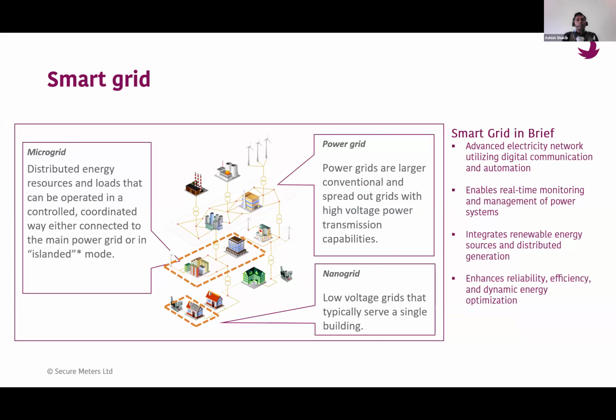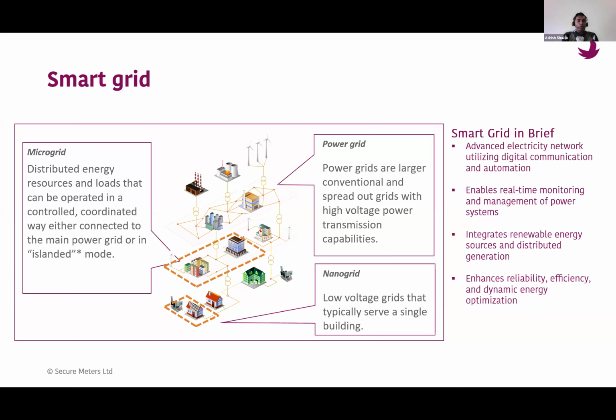A microgrid is like an energy community, or an industrial premises, where within my premises I am managing my energy resources. I can have battery storage, I can have solar rooftops, I can have my own DG set generation and things like that. And the power grid is the typical one that you understand, a bulk power transmission and things like that. So what is a smart grid? Basically, what a smart grid does is connect your microgrid to the power grid. It allows communication between different systems. It allows how easily we can integrate various energy resources.